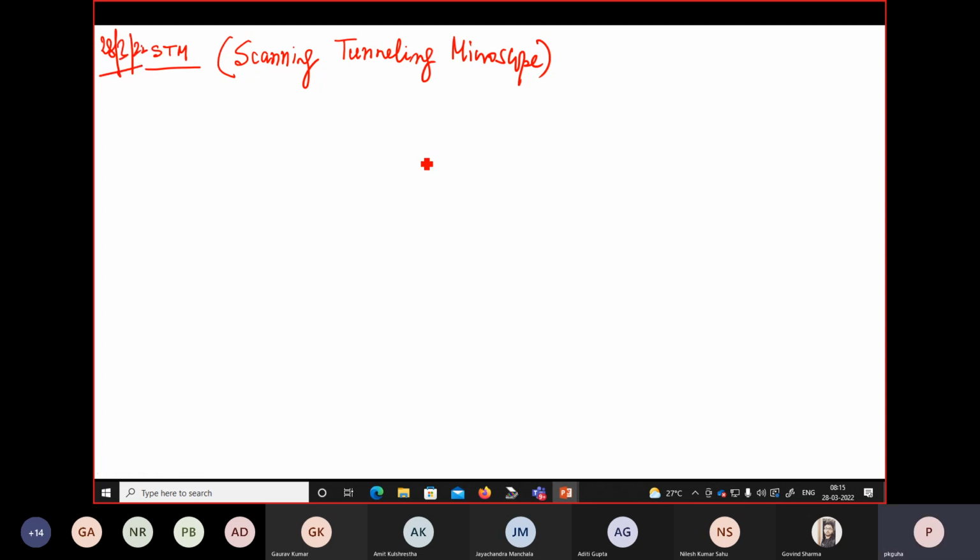So this scanning tunneling microscope is important because in AFM, really what you don't get is any height profile. Okay. So in STM, what you can get is basically the height profile of your nanostructure, which is sometimes very important. Okay. So we discussed, like in STM, scanning tunneling microscope, as the name suggests, there is a tunnel current between the